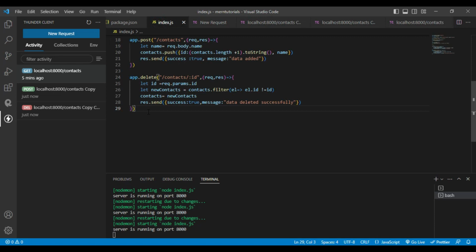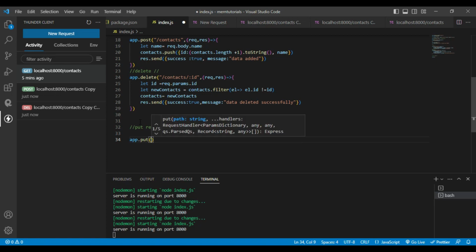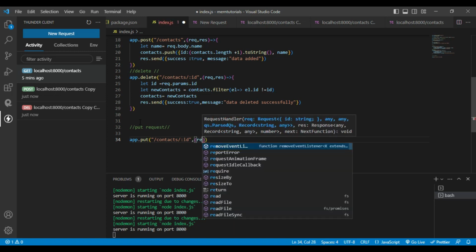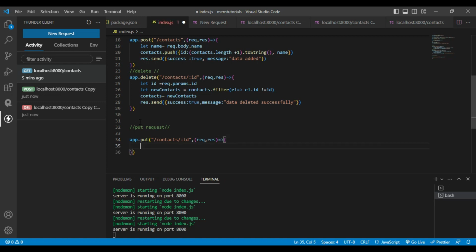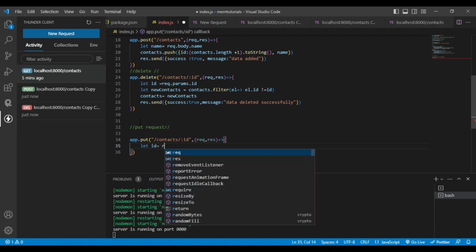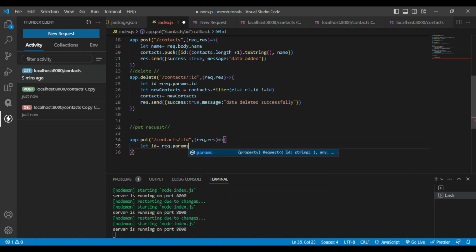So let's move finally to our put request. So this was the delete request, and this is the put request. So I will type app.put. So guys, creating APIs in Express is a bit easy, as compared to Node. So we will do the same method. We will take a variable id, and this id will come from request.params.id. We will take a name,